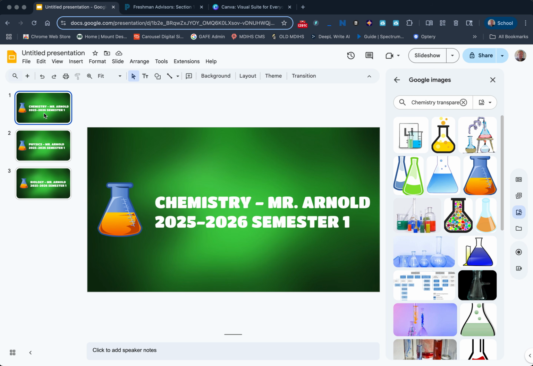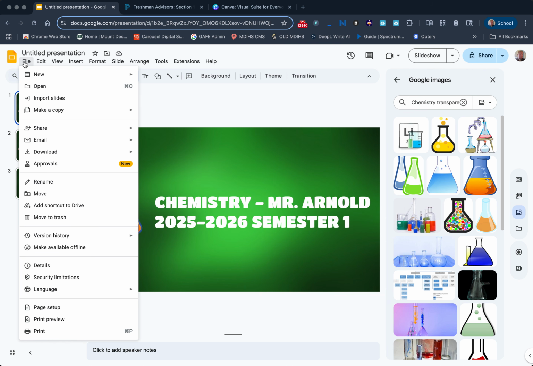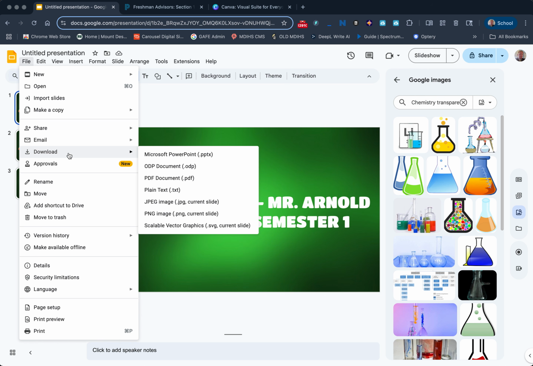So once I'm done with this, to save this slide as an image that I can use as a course card, I just go up to File and then Download as an image. And there are 2 types of images in here. JPEGs, if you're saving a slide as a JPEG image, you really want that slide to be mostly made up of a real photo. JPEG images deal with the broader spectrum of colors more effectively,